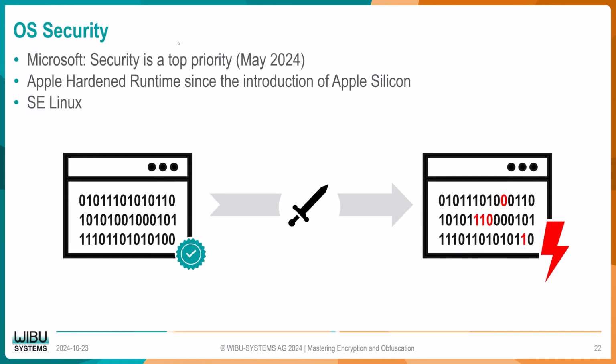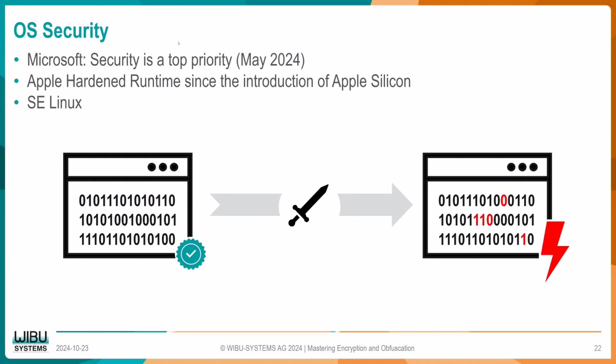I told you before that code is not altered during runtime when the application is protected by CTP. And here we have like 2 flies with one catch, since modern operating systems have memory protection features or memory security features. And especially Apple, with their Apple Silicon introduction and their hardened runtime, don't allow you to alter code during program execution, since the code is code signed and the OS